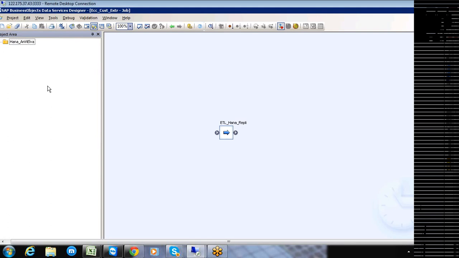So I want to create a job. For the purpose of creating the job, right click this one and then start creating a new batch job.